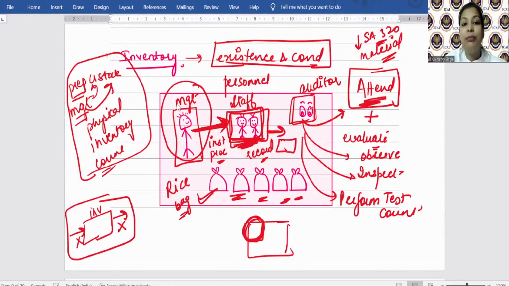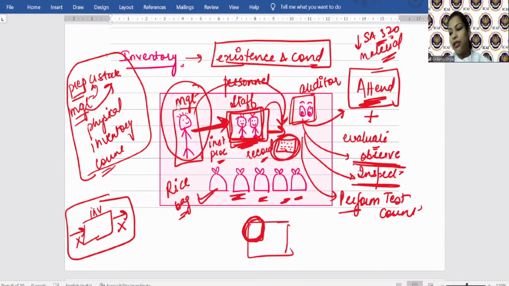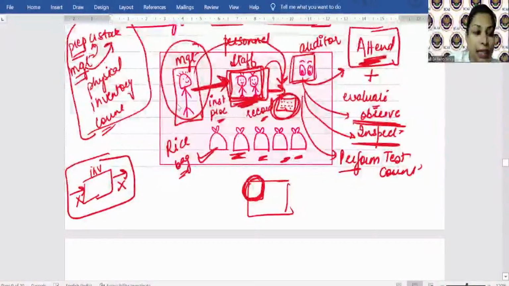देखो अब जब ये फिजिकल इन्वेंट्री काउंट कर रहे हैं, ये कुछ मेंटेन कर रहे होंगे डॉक्यूमेंट्स, तो ये जो रिजल्ट्स हैं, इसको कैसे रिकॉर्ड करना है, इसको कैसे कंट्रोल करना है, लाइक they will be putting signatures, then management will be putting signatures। सब कुछ देखो, इवैल्यूएट करो, ऑब्जर्व करो, इंस्पेक्ट करो, परफॉर्म करो, टेस्ट काउंट। समझ आता है? ये डायग्राम समझ आता है? आता है। ठीक है।